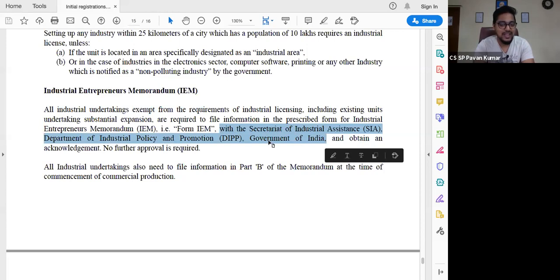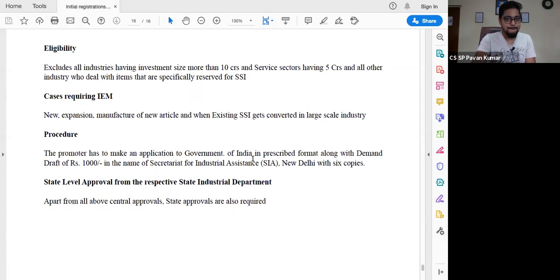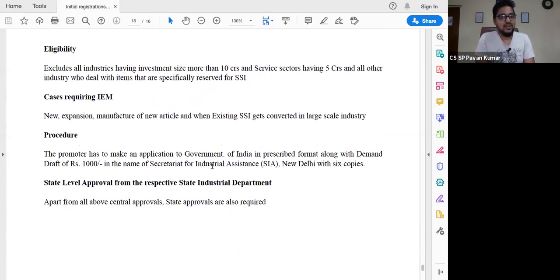So to which ministry am I supposed to file? The Secretariat of Industrial Assistance, Department of Industrial Policy and Promotion, Government of India, and they will give an acknowledgement. That's all. After that, no approvals are required. You will just make an application and they will give an acknowledgement. So no separate license is required. It excludes all industry having an investment size of more than 10 crores and service sectors having 5 crores,